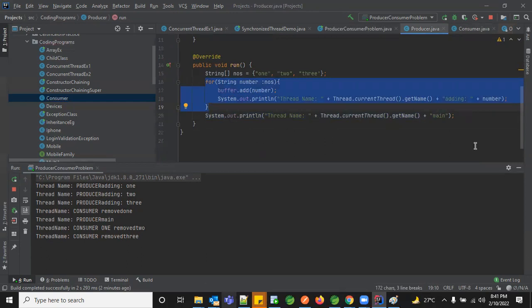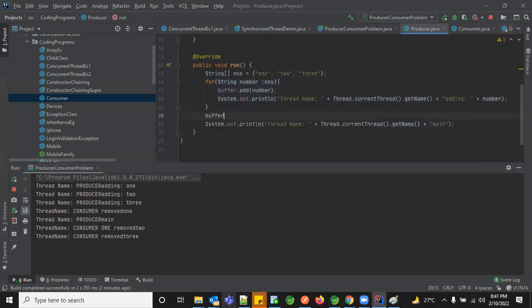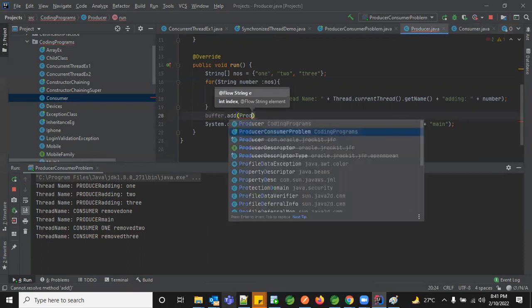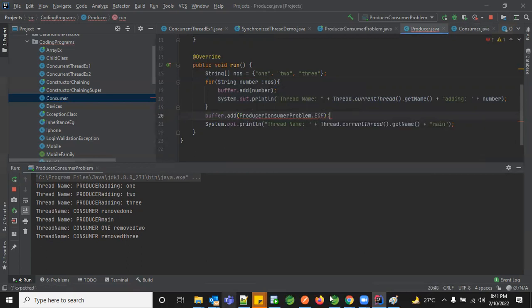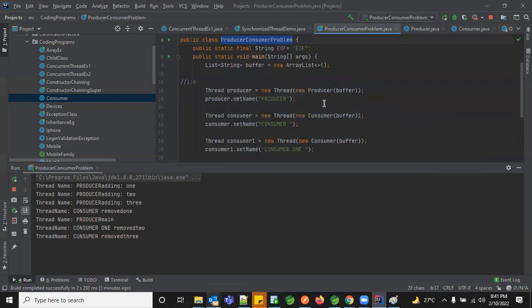Suppose you're adding all the elements into the data buffer, we are going to add this end of file. This is an indication that you have added your end of file, and whoever is consuming it will know that this is the end, and you don't need further data. Now let's execute it again.